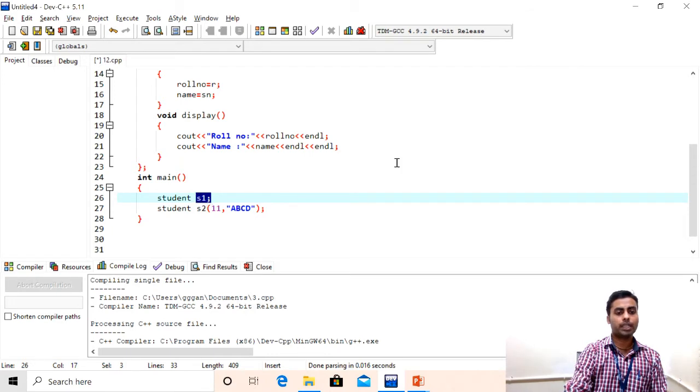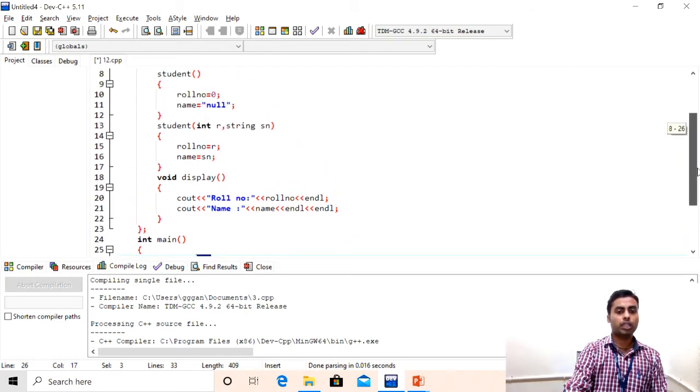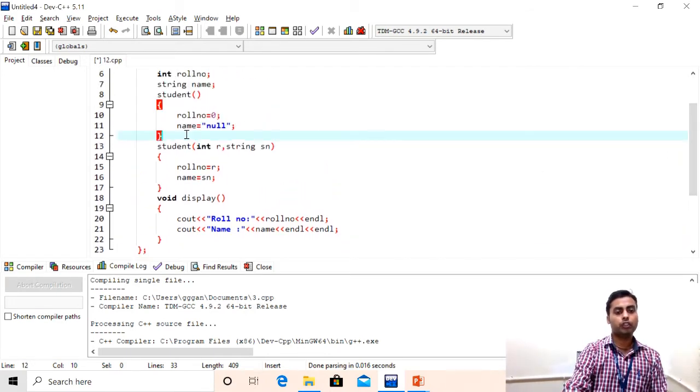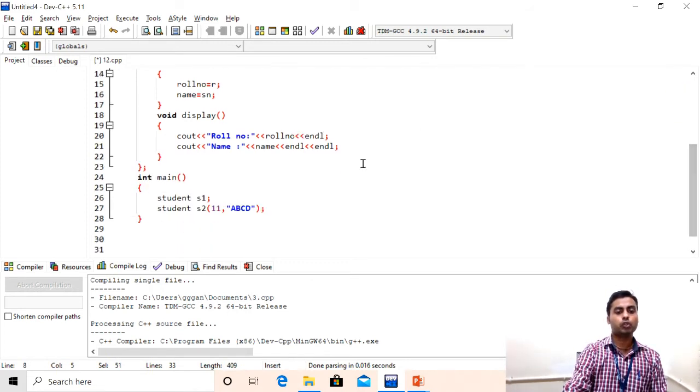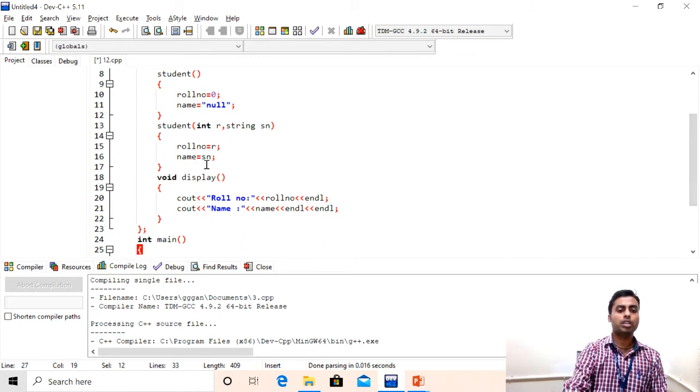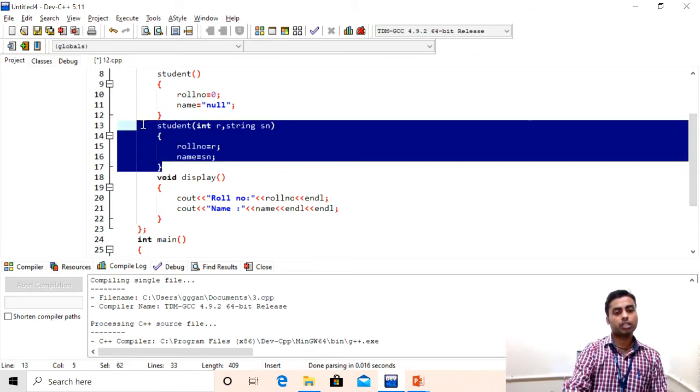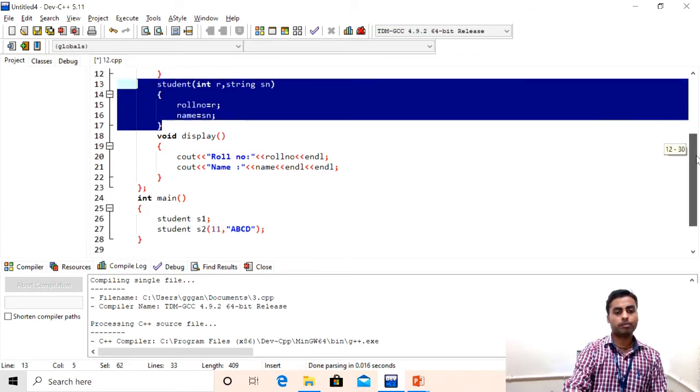Here we are not passing any argument, so the first constructor will be executed. For the other object, s2, we are passing two parameters, one an integer and the other a string. So the parameterized constructor will be executed for that purpose.